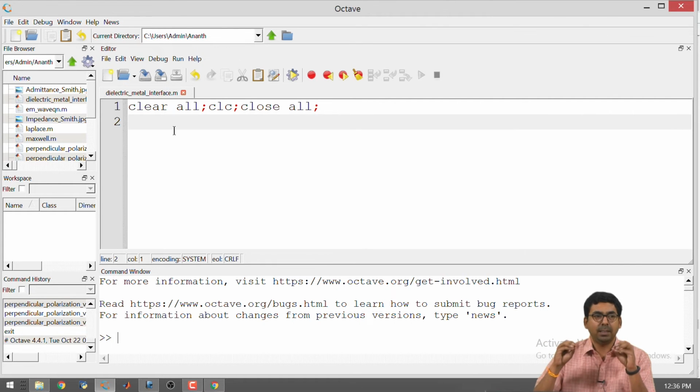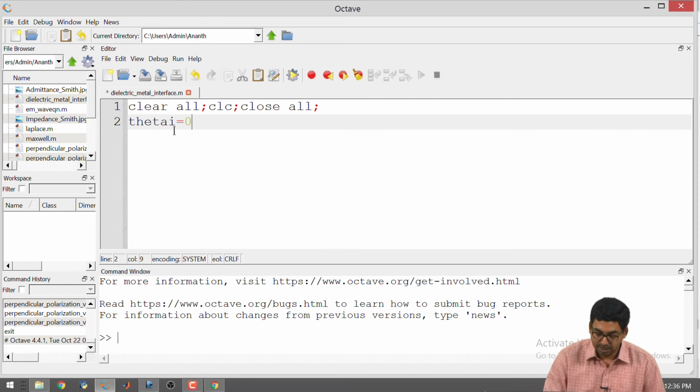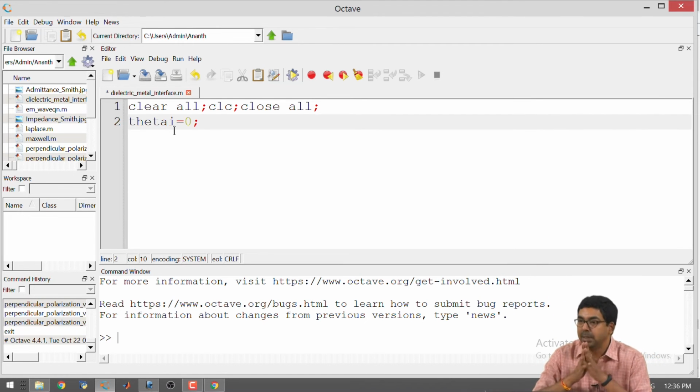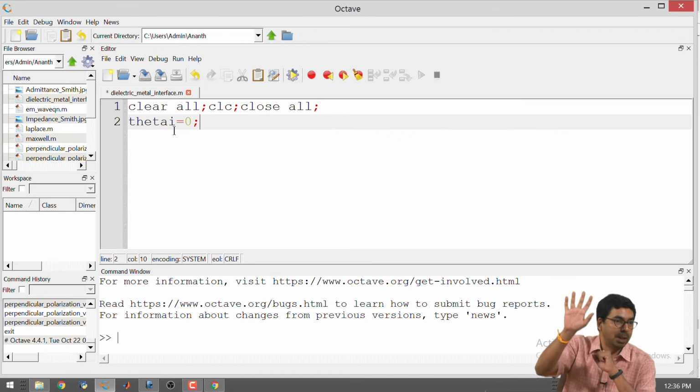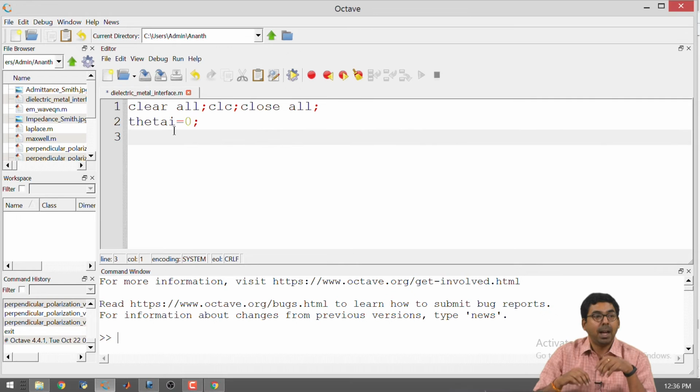We have to say, let theta I be fixed, and I will start with the theta I that I consider to be easiest. Theta I equal to 0 will remove some of the terms, and it is easy for me to understand what is going on. So, I will start with theta I equal to 0: all the sinusoids will vanish and cosines will become 1, so my expression will look a little reduced. I have x sin theta I, x cos theta I, all these things coming into the picture.